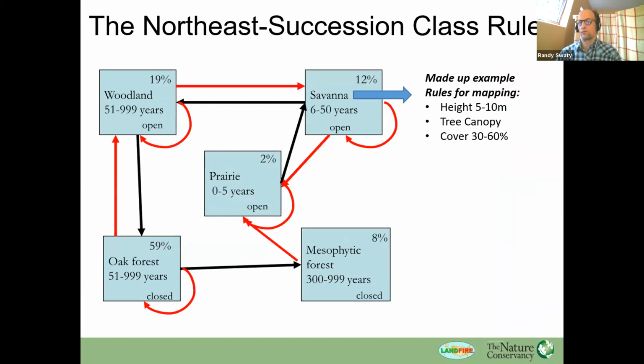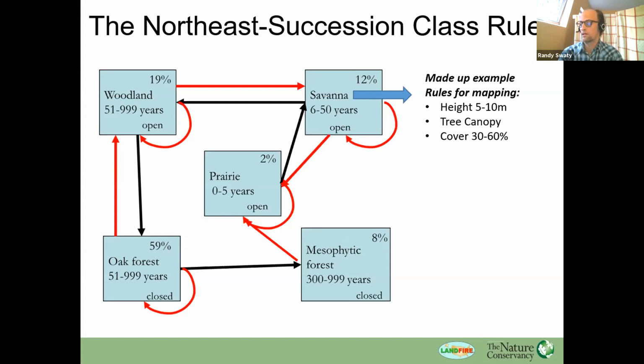So the models. Each biophysical setting has an associated model that represents historical disturbance regimes and the succession classes. So I'm going to talk about that for a second, then jump into the succession class bit. On this diagram, you see kind of a schematic of an oak ecosystem in the Northeast with 5 succession classes represented by the blue boxes.